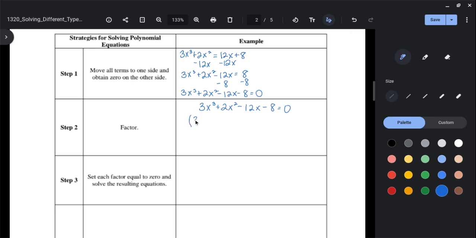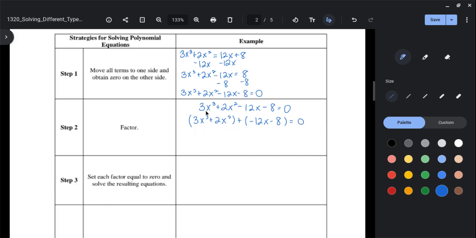So we're going to put parentheses around our first 2 terms, and then same for our last 2 terms. And it's still equal to 0. So when I factor, remember that by grouping, we're going to pull out the greatest common factor for both sets